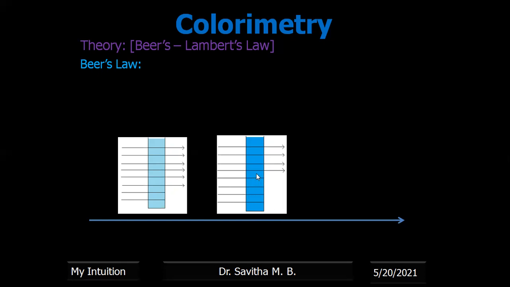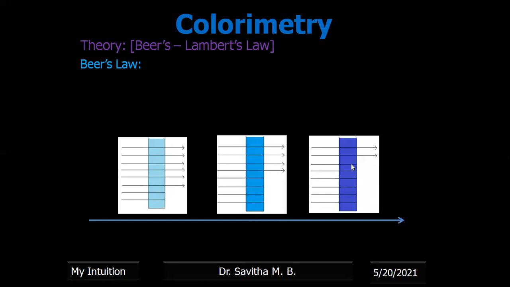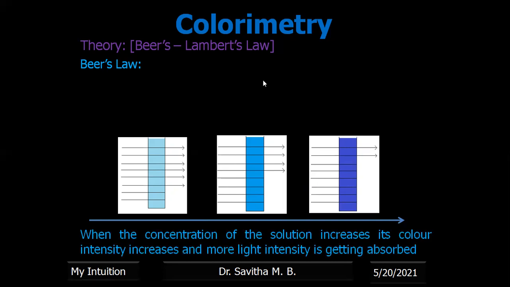The number of absorbing ions also has increased. Now again, see, it is a more concentrated solution. Some more radiation is absorbed. That means as the concentration increases, absorbance also increases. That is Beer's law, which states that the absorbance is proportional to the concentration of the solution. Okay? When the concentration of the solution increases, the absorbance also increases.